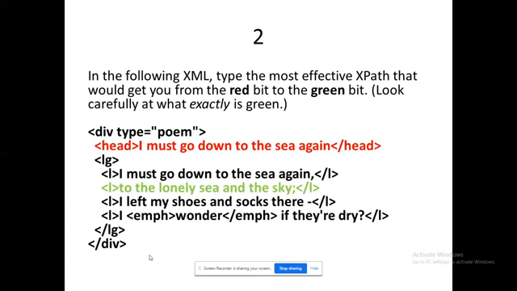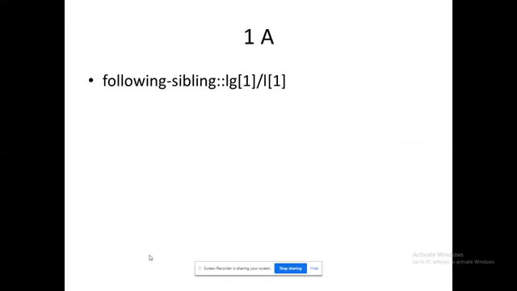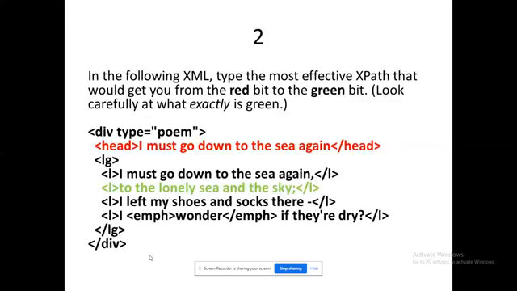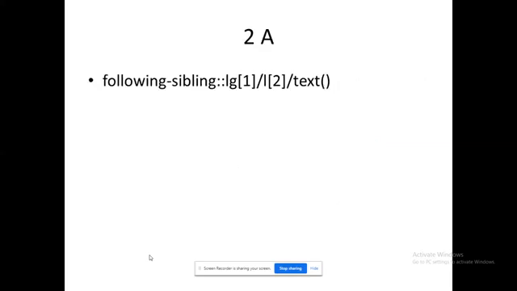Now, how do I travel from the red color tag to the green color tag? This could be the answer for the previous one. Following-sibling: what will I write? Look carefully at what exactly is green. That's also a hint they have given. So how do we write that?